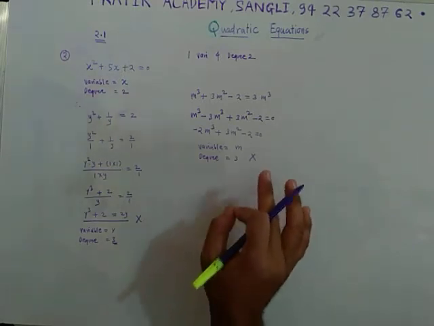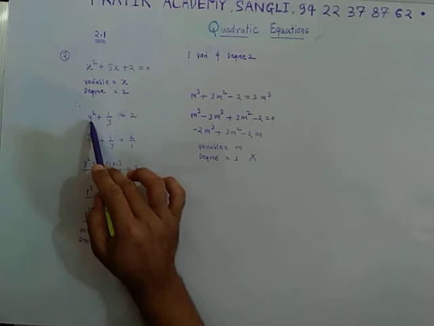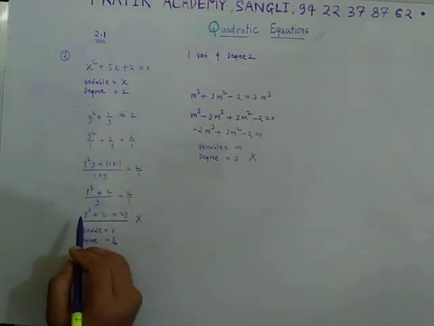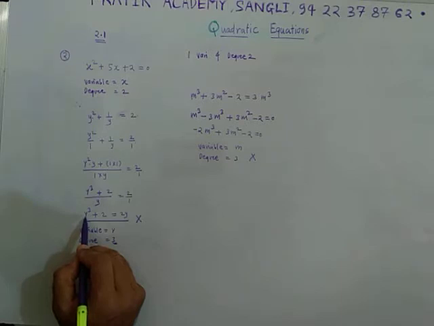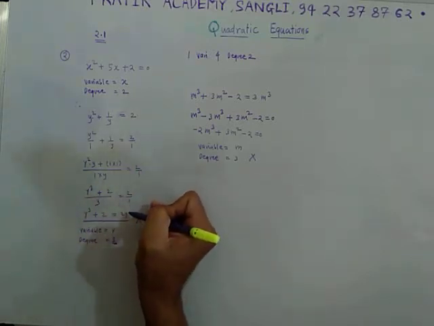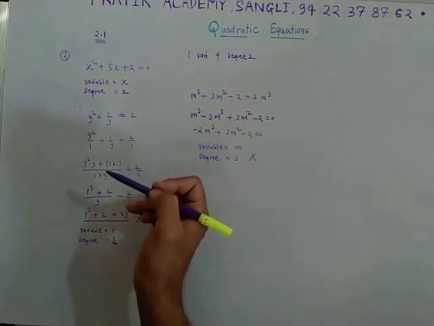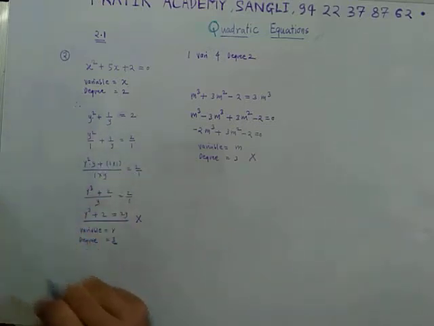Before deciding on a quadratic equation, make simplifications. Here initially it looks like the highest degree of y is 2, but when we simplify this equation, we found that the power of y is 3, or the degree is 3. So first simplify the equation as much as possible and then decide whether it is quadratic or not. Okay,